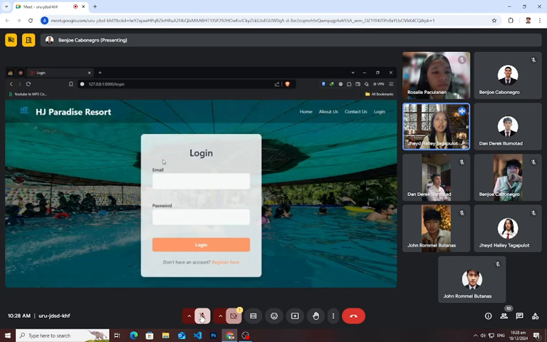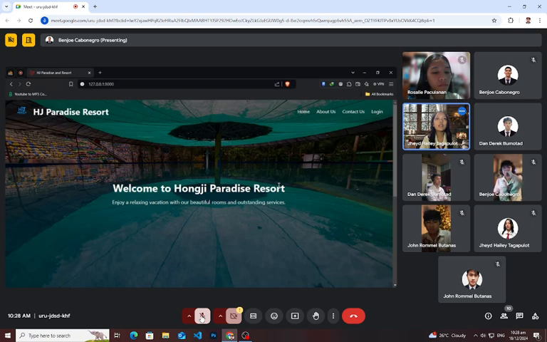Users can easily make reservations, check booking status, and communicate with admins. Admins can manage bookings, generate reports, and respond to user inquiries. This system enhances efficiency and communication, ensuring a seamless booking process for everyone.